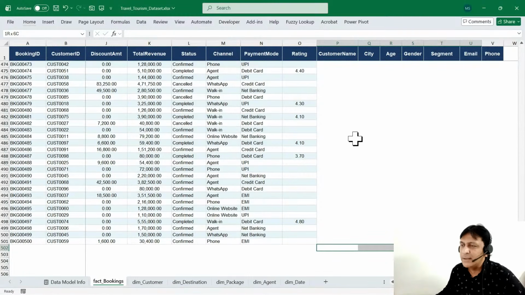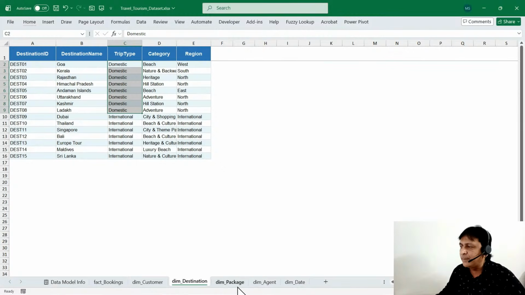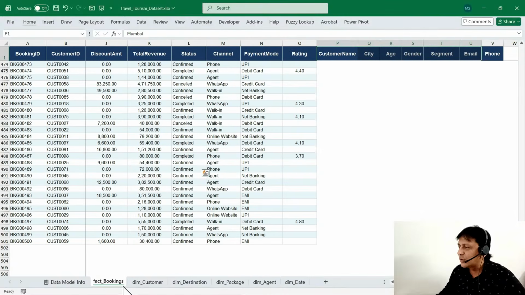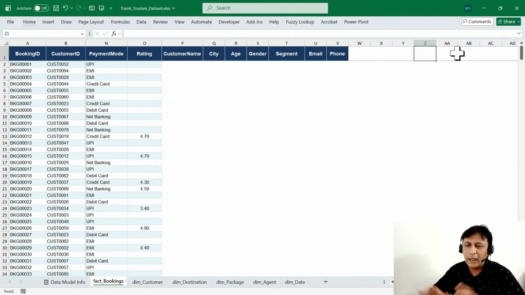पास, जिससे आपकी फाइल का साइज इंक्रीज होगा, ठीक है। और आपको आंसर मिल जाएगा, लेकिन ये आपका ऑप्टिमाइज सोल्यूशन नहीं है। ये तो मैंने एक टेबल की बात की। अब ऐसे मेरे पास डेस्टिनेशन का टेबल है, पैकेज का टेबल है, और एजेंट का टेबल है। तो जस्ट इमेजिन करो आप यहाँ पे कितने टेबल्स, कितने कॉलम्स लेके आओगे